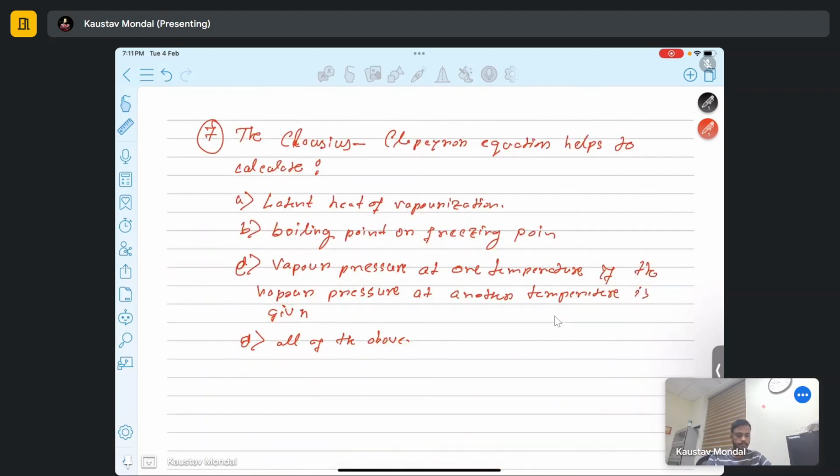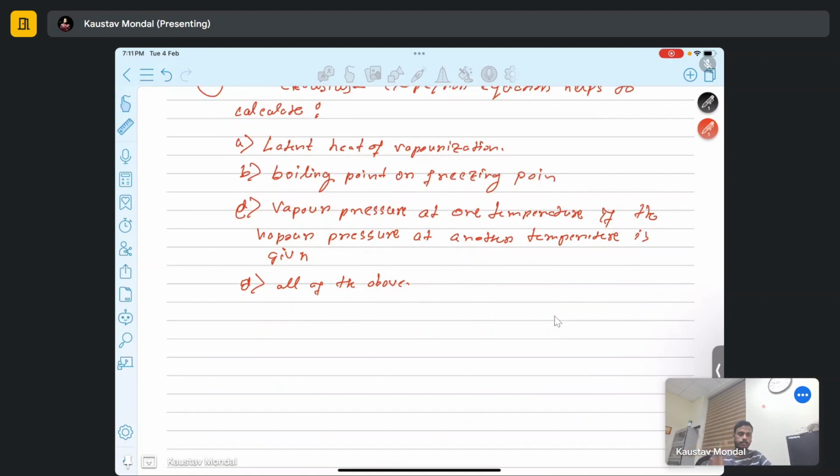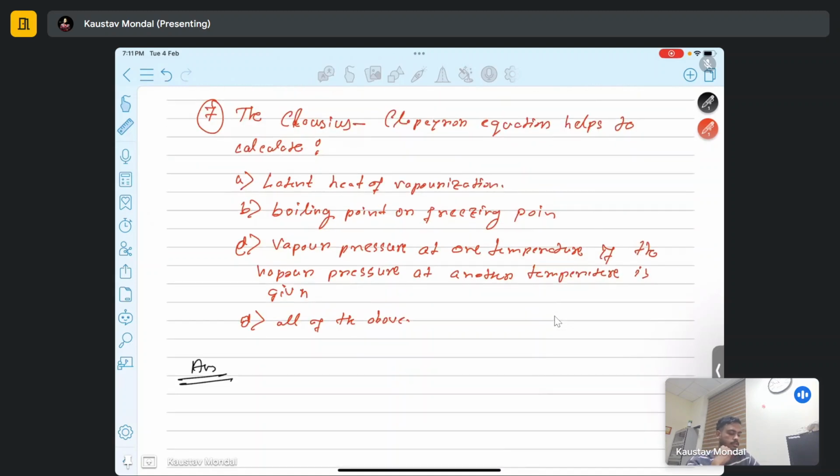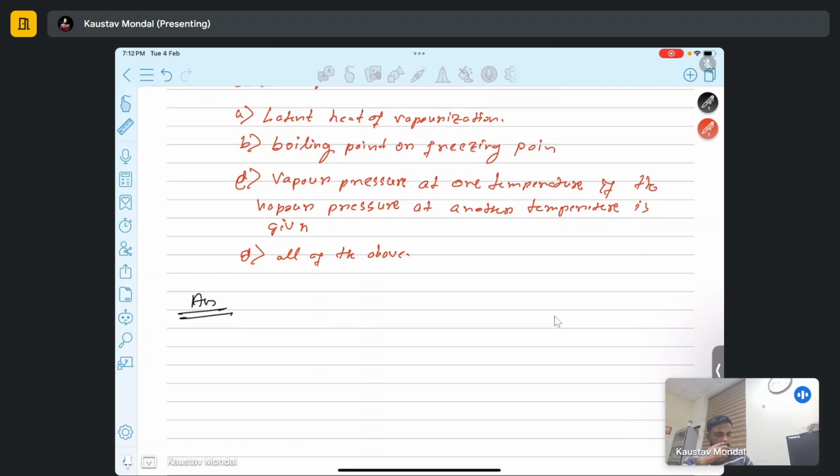Okay, so before solving this problem, let me write what Clapeyron's statement is in the form of an equation. Basically here we have to consider the Clausius-Clapeyron equation, because in the options, if you watch carefully, the vapor system has been considered. So we have to write the Clausius-Clapeyron equation for the vapor system. The CC equation is actually a formula